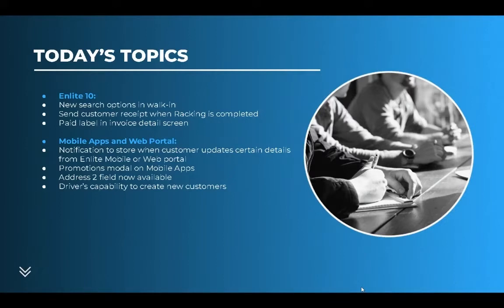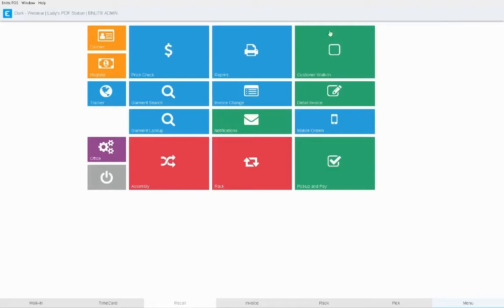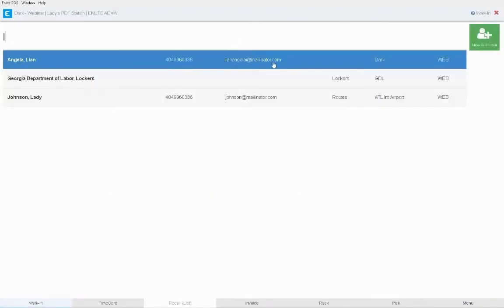So as you can see, before, we only had the search options such as the mobile number, the name, and the email. These are the most commonly used before: the name, the phone number, and the email. Now we have added new search options for you, such as the price level, the company name,